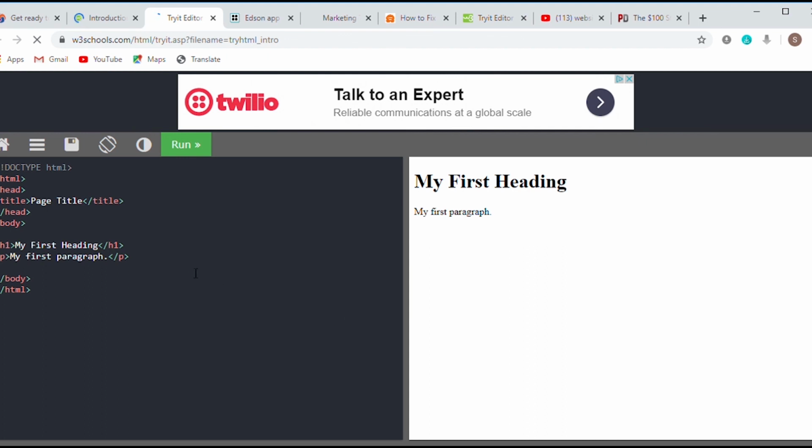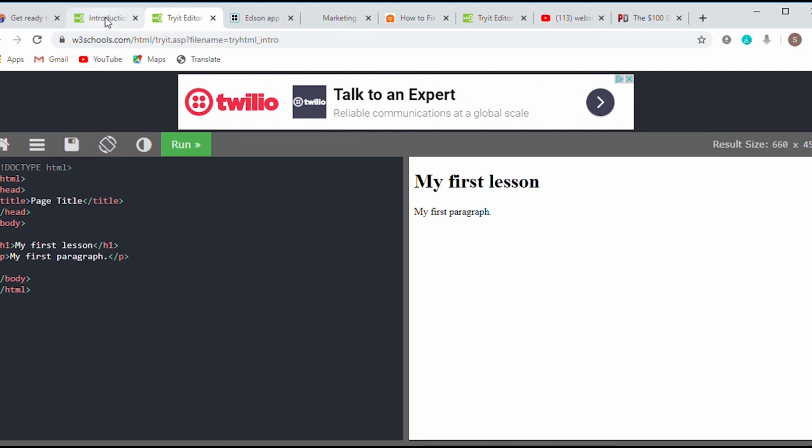My first heading, I can change this, my first heading to my first lesson, right? My first lesson right here, and then I can always run this, and as you can see right here, it's changing, and so they provide you with an online editor if you want really to learn this kind of stuff. You can save your work right here, and you can get to see it, or you can get to use it.